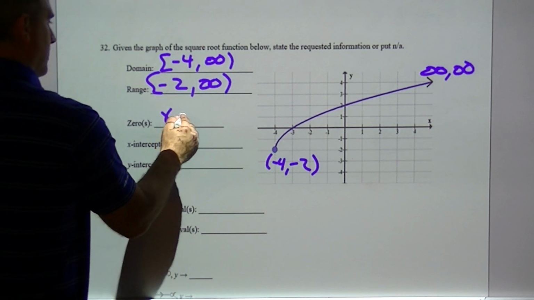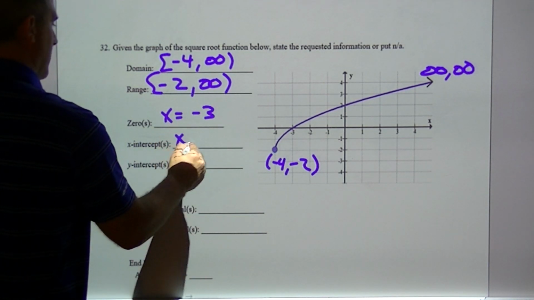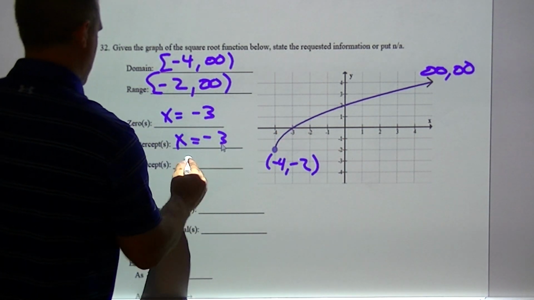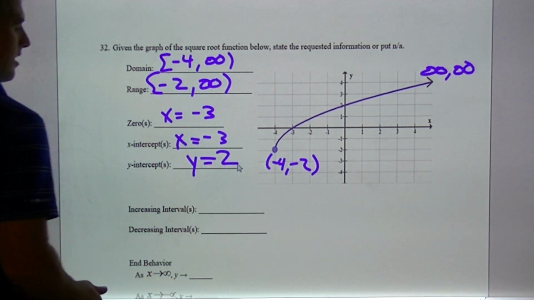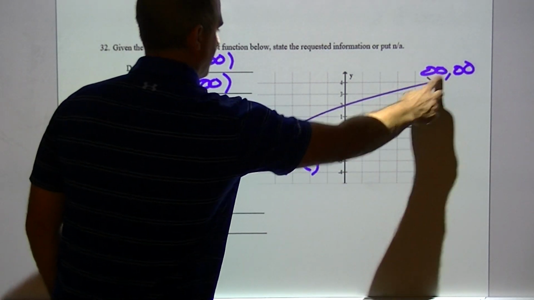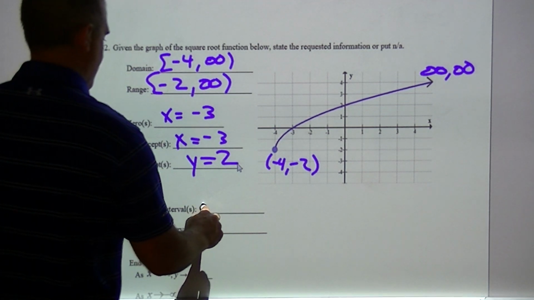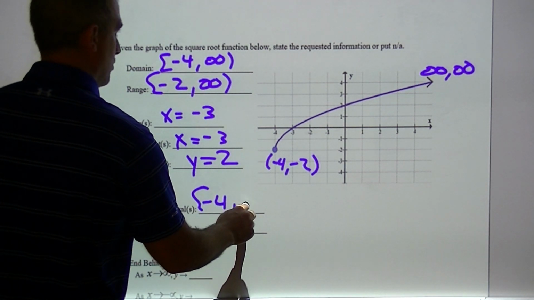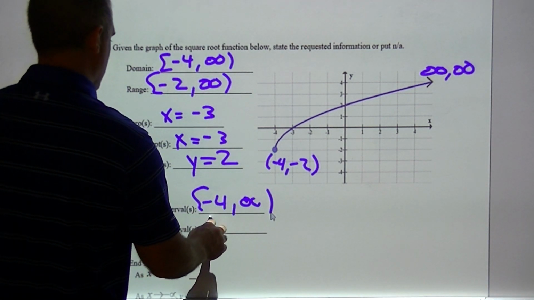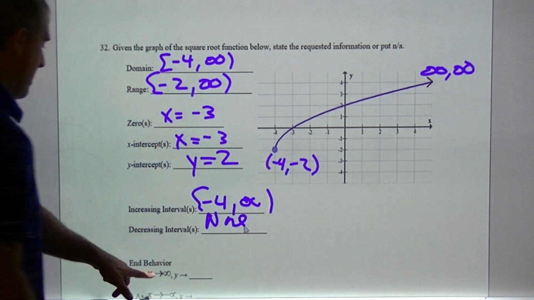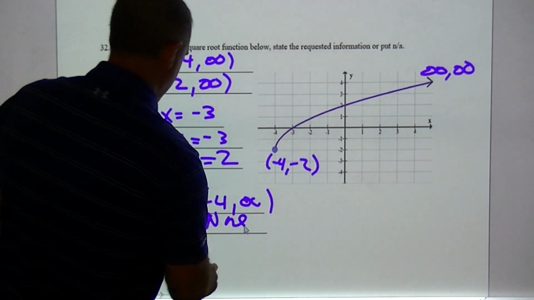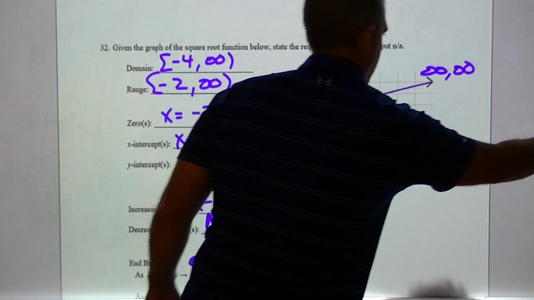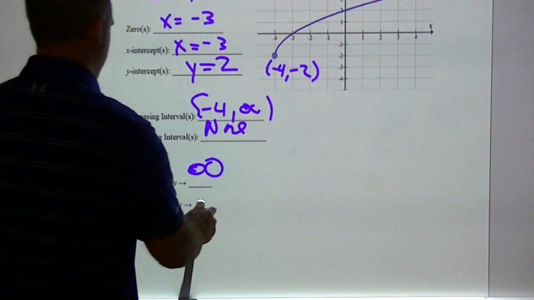Zeros. Crosses at x equals negative 3. That's the same answer here. This crosses at y equals 2. Start from here. This is increasing the whole way from negative 4 to infinity. Decrease will be none. And behaviors. As x approaches infinity, y approaches infinity. As x approaches negative